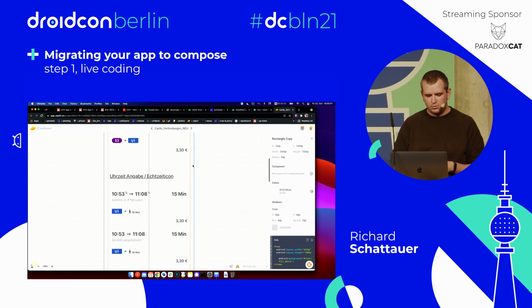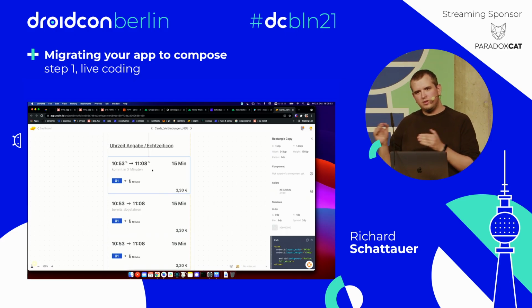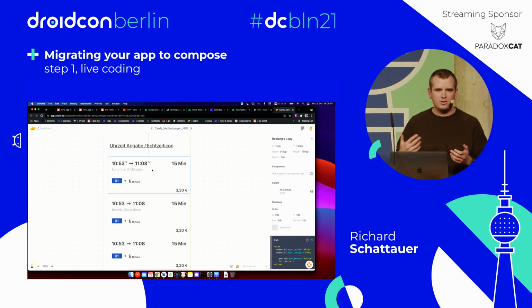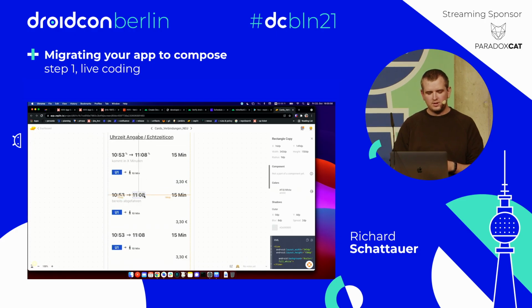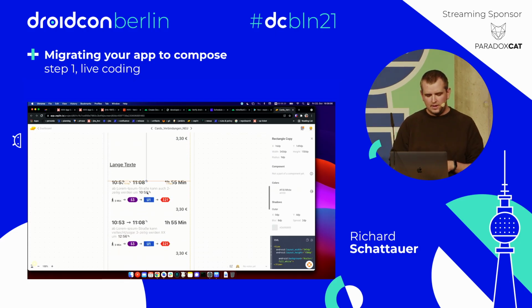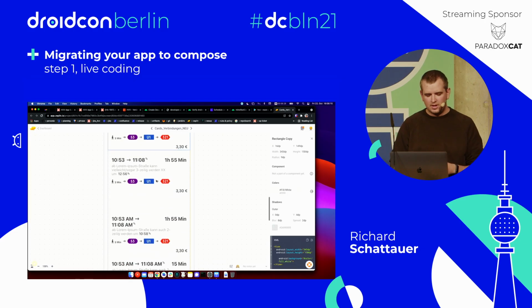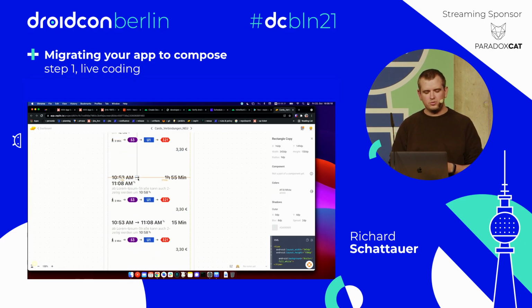But there are some quirks. You could have a real-time icon, meaning that if something is delayed, which obviously never happens, then it would show a real-time icon, meaning this is the real time that the bus is delayed or even goes earlier, or the train. If there is no icon next to it, then this is the planned time, or also the real time, so both in that case. We could have contexts, meaning they could wrap, and even the title could wrap to multiple lines, meaning you have a drawable inside your text.